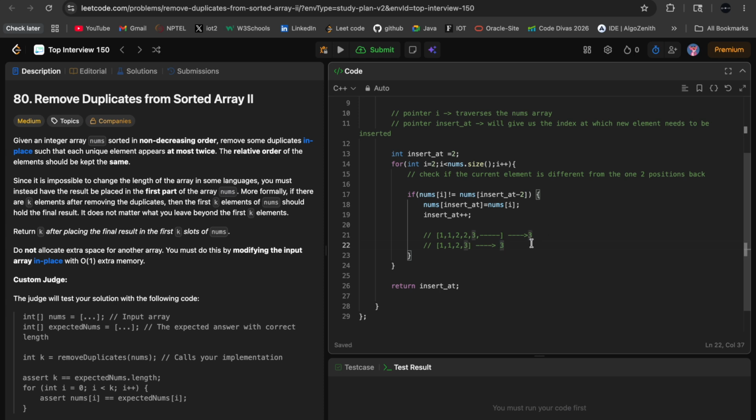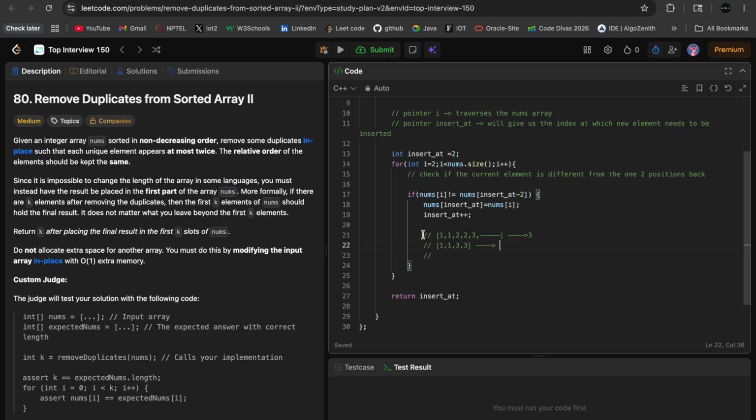This takes care of all conditions, and you can run this for any array possible. We don't consider the element just before the current element. I repeat, we are not comparing the element just before the current element, because one duplicate of the number is allowed, right? So if this 3 has a pair, that's completely fine. We just don't want another 3 sitting here. So if instead of 2 there was 3, then this 3 would be compared with this 3. Hey, are you same as me? Yes. So sorry, this 3 can't be considered in our final array. This is our entire logic.